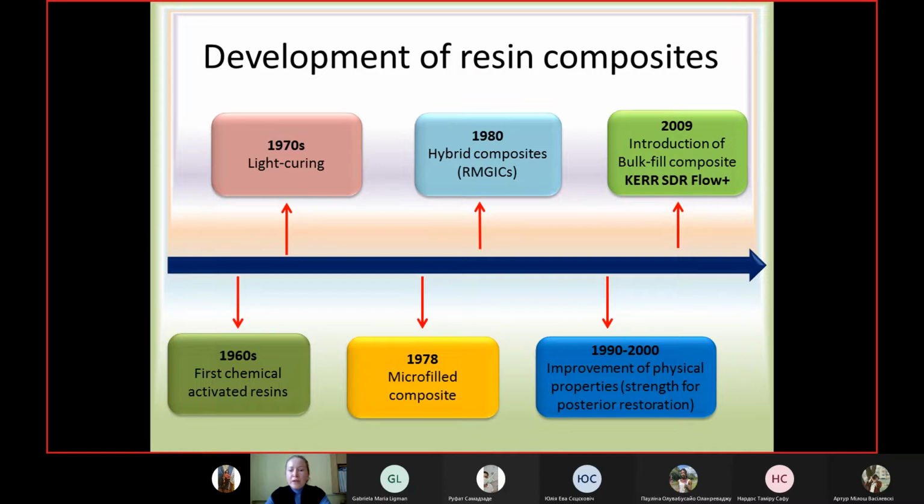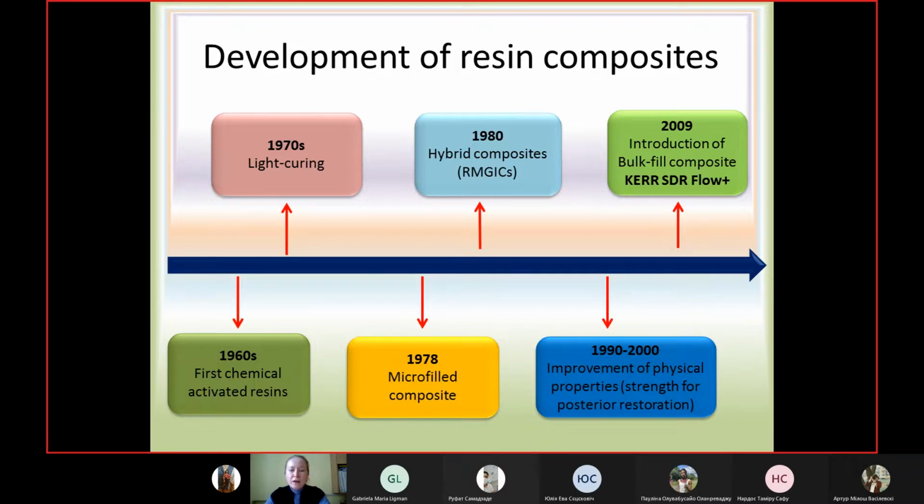Further development brought microfill composites with small filler particles. These materials were not strong enough, but they were aesthetic. I didn't tell you that